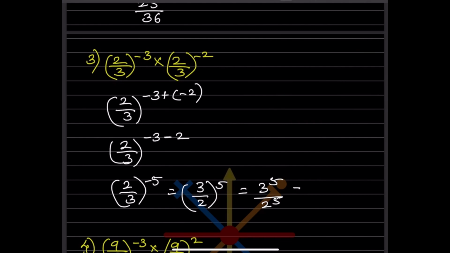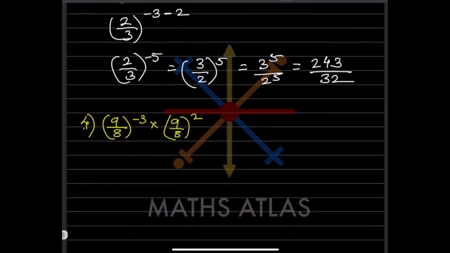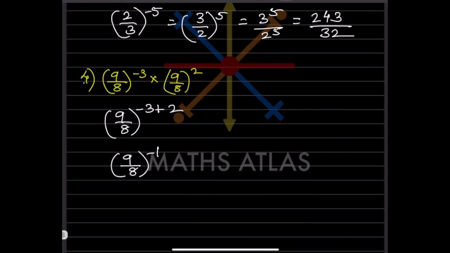What will that be? If you multiply this 3 five times, you can multiply and see, that will be 243. And 2, if you multiply 5 times, that will be 2 2s are 4, 4 2s are 8, 16 and 32. You can just multiply. Now here again the base is the same. So what are you going to write here? 9 raised to m plus n, so minus 3 plus 2. So 9 raised to minus 1. Because the exponent is negative, you are going to make it positive. So this is going to flip over. So it will be 1 by 9.